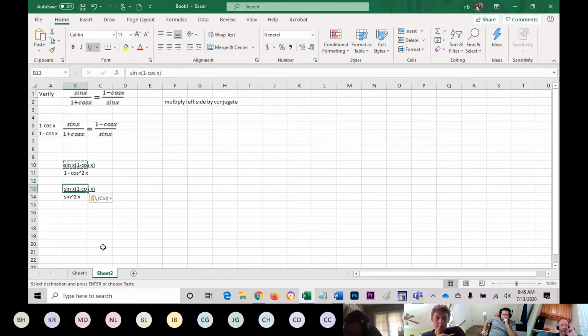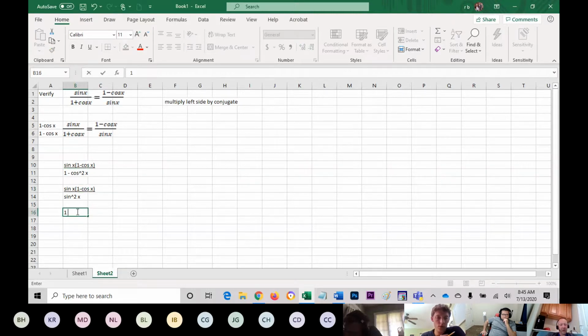Well, we can cancel one sine, right? So this sine on the top is going to go away, and we're going to be left with 1 minus the cosine of x, and we still have just one sine on the bottom. And that's equal to what we started with on the right side. Okay, cool. So when you're writing this, I know I'm using Excel, but here's what I would say: